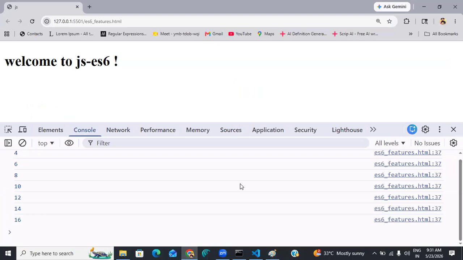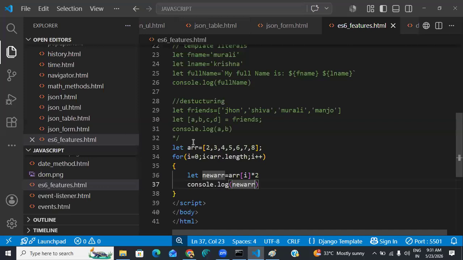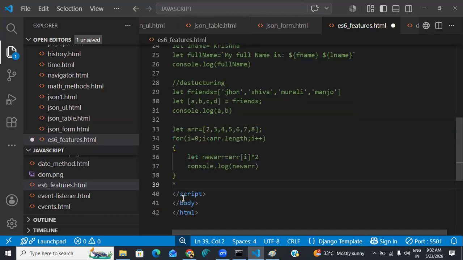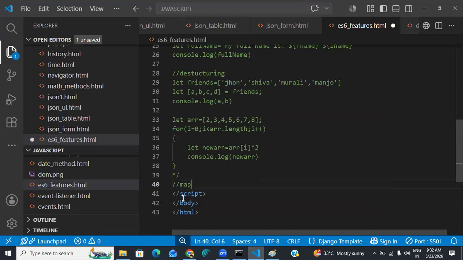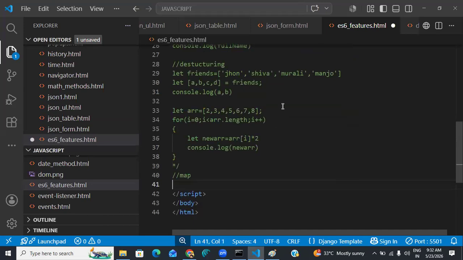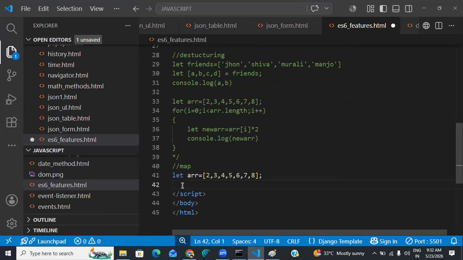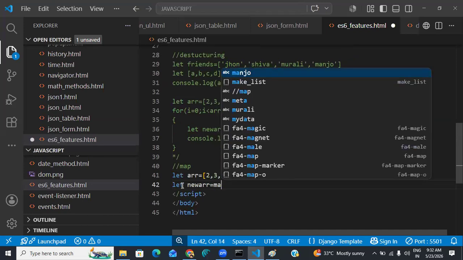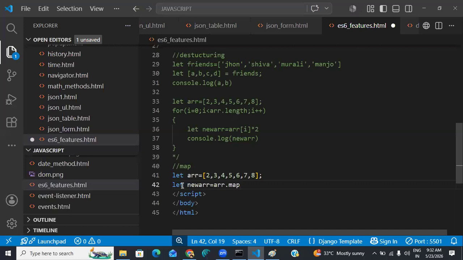Guys, understood, no? But every time we are using loops only, guys. There is no need to write the loop. There is a very easy way. In ES6, we are not using loops, guys, right? Instead of that, we are using map. Okay, now? So, map is a function. It is going to create the new array, guys, using the map function. So simply, new array is equal to array dot map of function of,